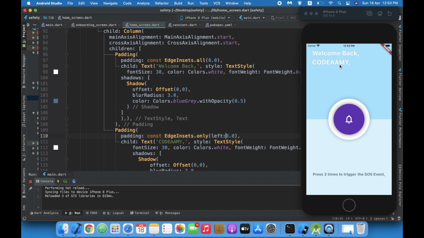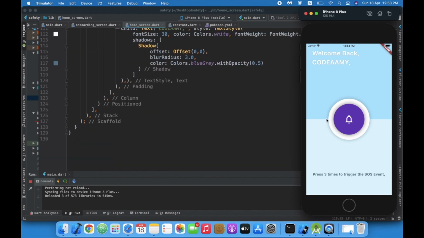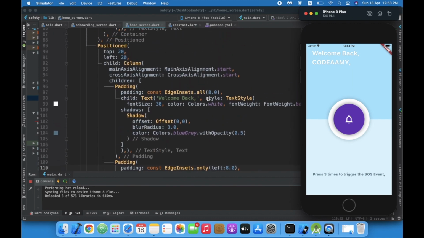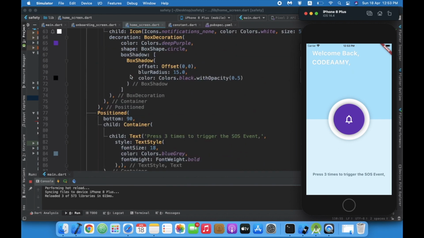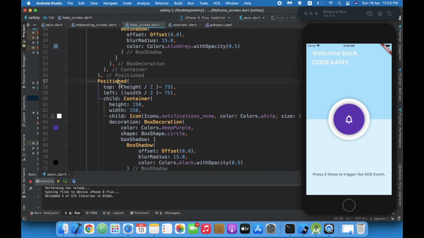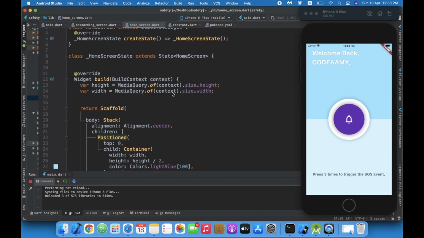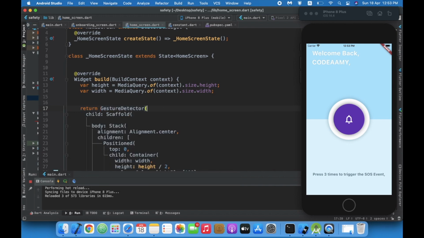Okay, welcome back, Codemy. This is done, and then you can just have an on pressed event over here. Okay, so let us come back. Okay, we will give an on press to entire screen, gesture detector.